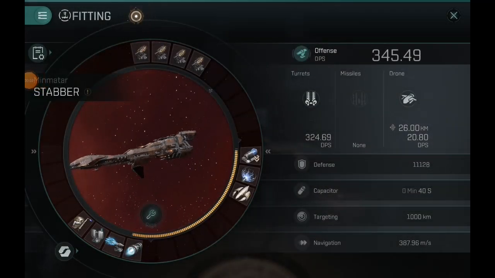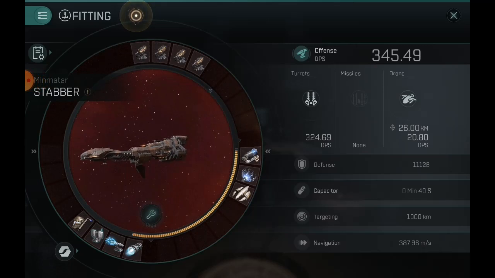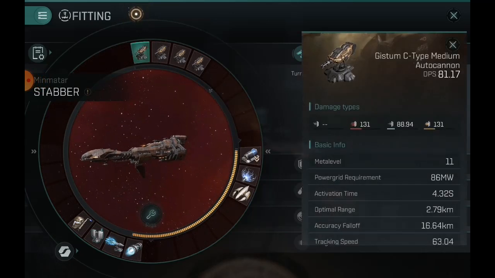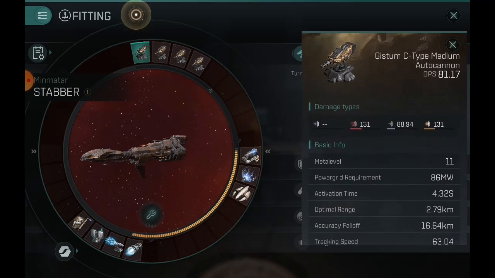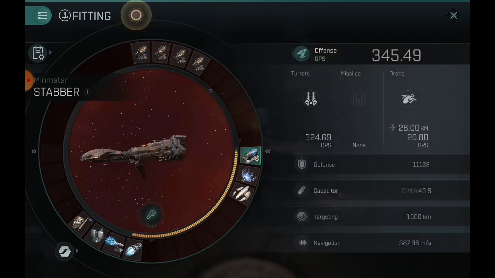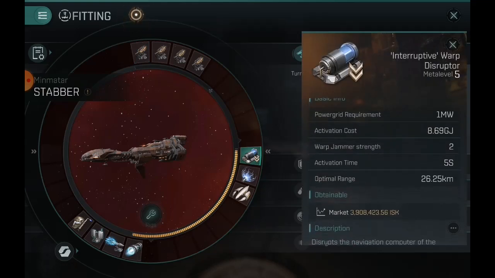Alright, I just wanted to show what I was able to fit at this low skill level for cruisers as a PvP fit. You can do smaller autocannons, but I like the more damage versus a few different builds. But if you went down one level on autocannons, you can fit a Scram in this spot, which will actually be a better choice